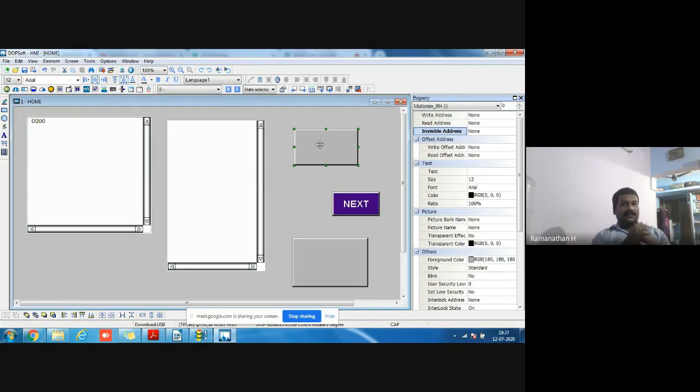Last we saw the multi-state push button and multi-state indicators. Mostly it covers some of the basic ideas. If you have a real face-to-face session with PLC and HMI equipment, you will understand somewhat fully, but in a virtual session you get somewhat of an idea. If you don't understand fully, you have at least got some idea, because nothing is better than something. So you have got something about this, hopefully.